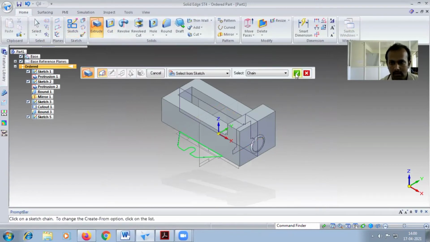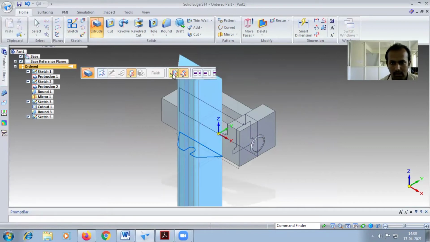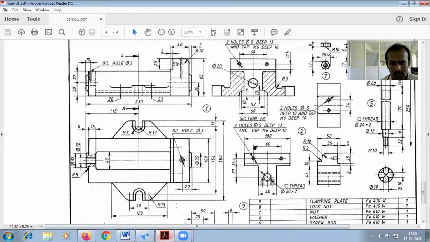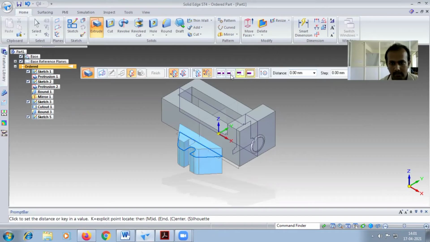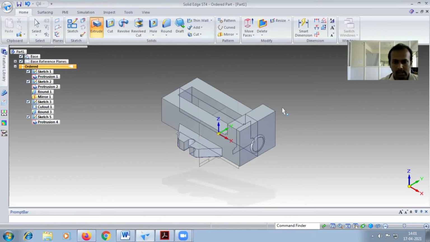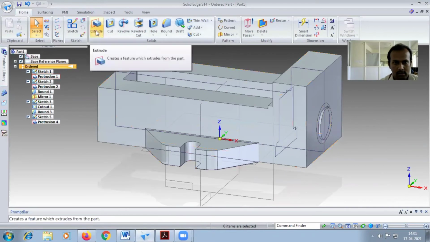Okay, how much extrude is given in the diagram, check the diagram what is given, the extrusion, that is 20 is given. Look at the diagram, one distance is 20 and one is 23, but initially you have to go for 20 dimension. Choose the finite extent and finish this one. Again a little bit extrusion is given. Okay, little bit extrusion. So next you have to select another extrude, a small extrude.